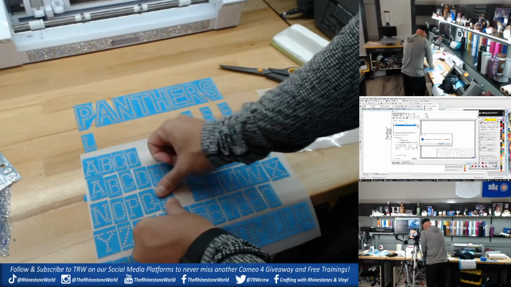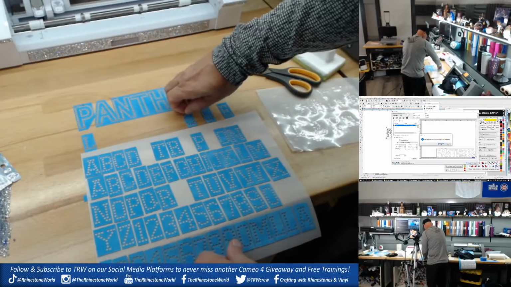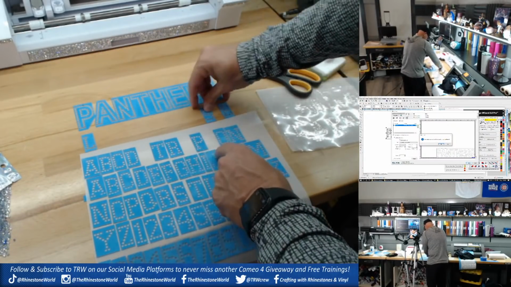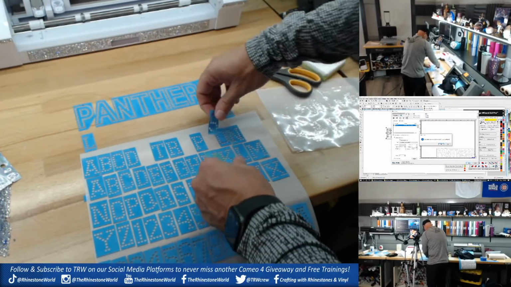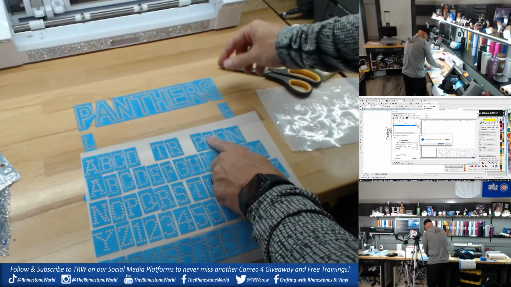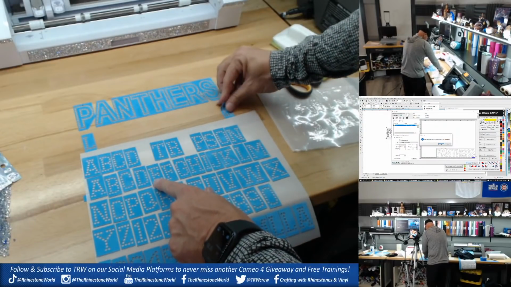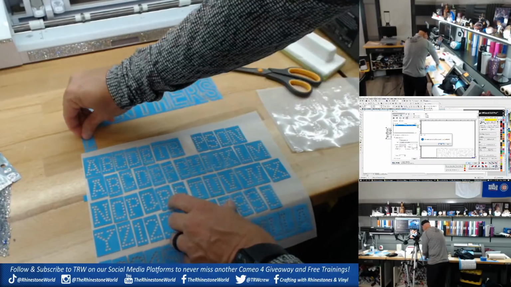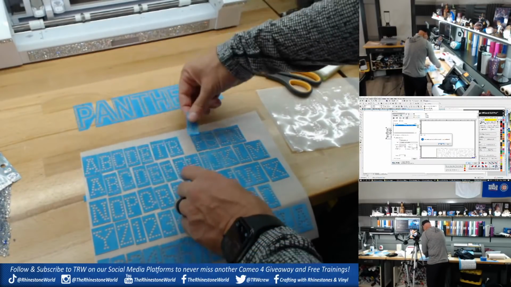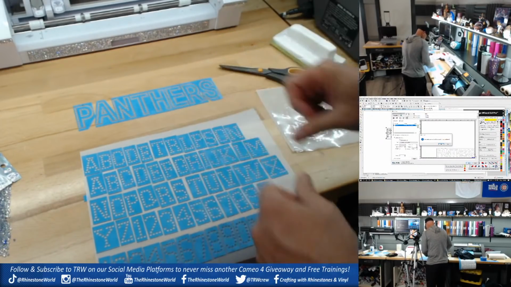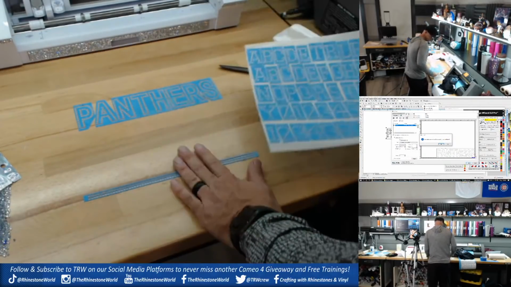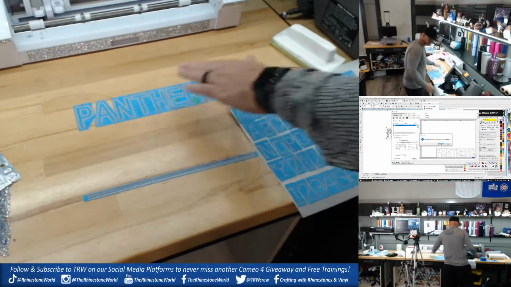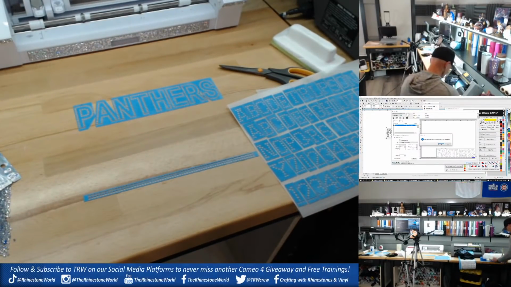So let's go with my R. I got my S here, and then the other S was a bonus S that I had cut out. So that one doesn't necessarily have a specific spot. This was a bonus E, but I can put it right next to the E there. And then this was an extra L. Boom. And then the Panthers part of the design, we will throw, because these are the first letters of that font,